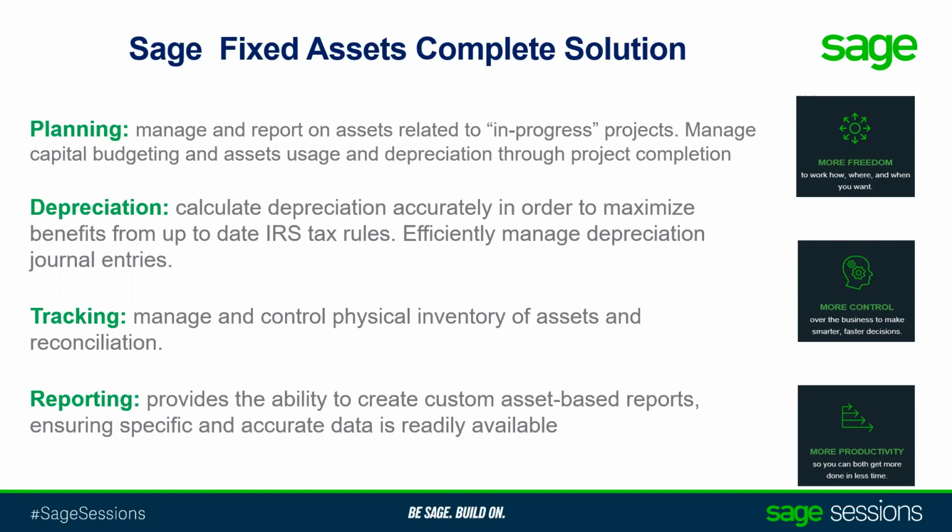Now, for those of you that may have assets coming out of some type of project, be it a renovation or let's say you're in the hospitality vertical, you're getting a new phone system or you're doing some renovations of rooms, things like that, that are going to accumulate cost throughout that project and eventually create multiple assets from that particular project. That's a scenario that you would use a planning module where you will be able to do reporting against your total spend throughout that project's lifespan